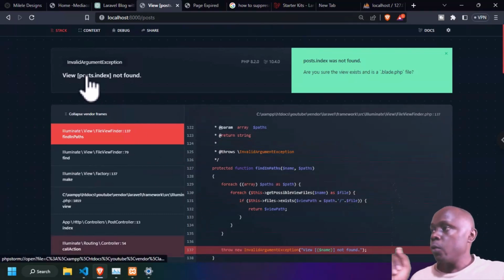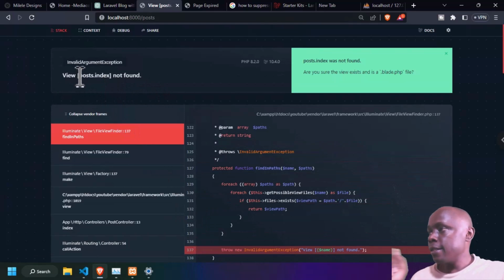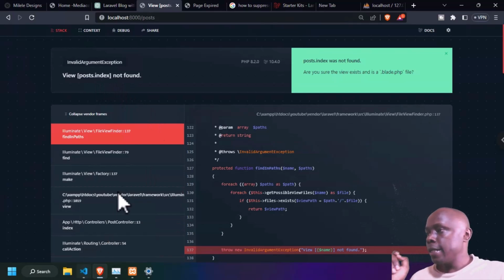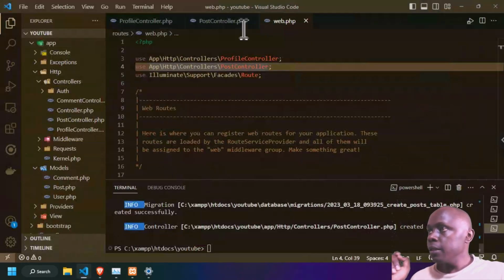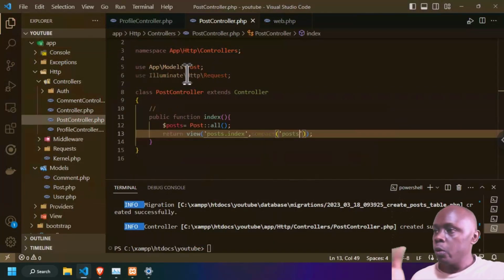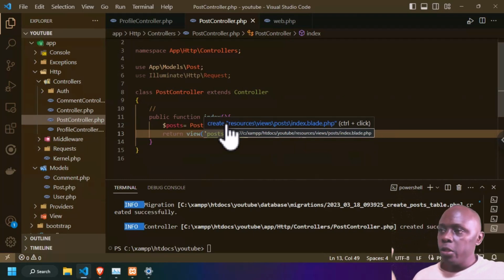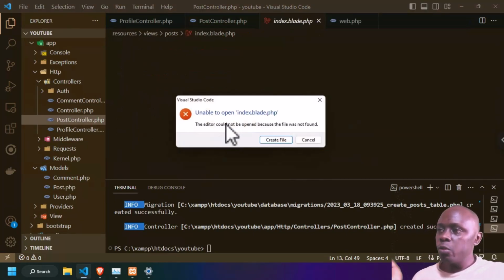So the error is telling us that post.index does not exist. So let's first go and create that post. Let's go back to the post controller, and then we create the view now. This means it's going to create the view inside there. I have installed an extension, so you just hit on that, and then it's going